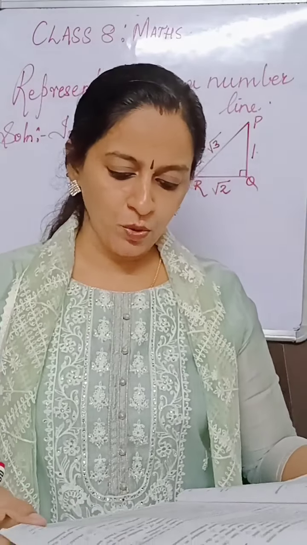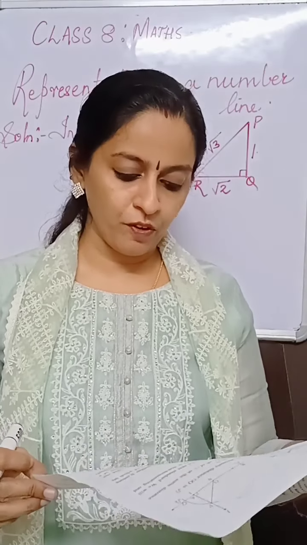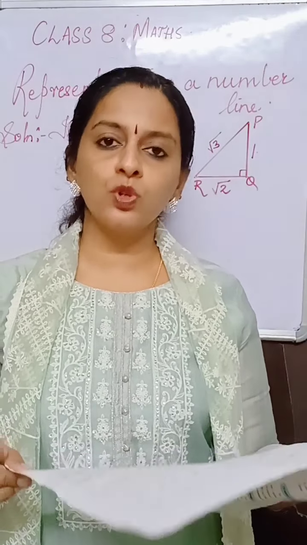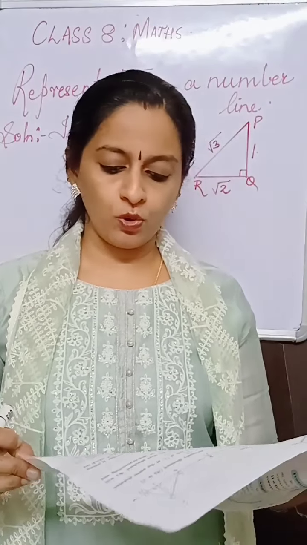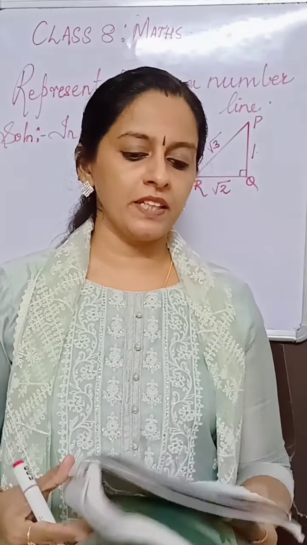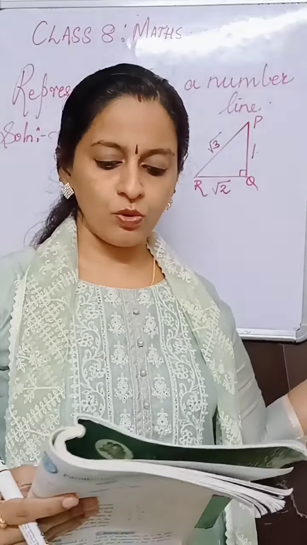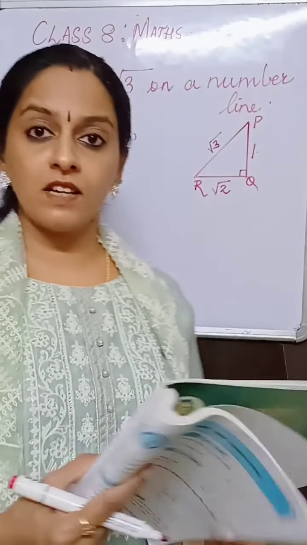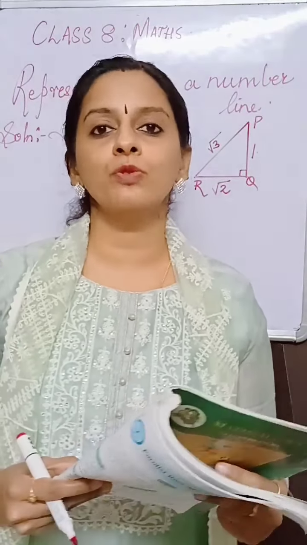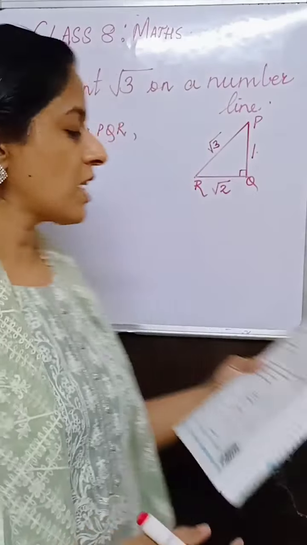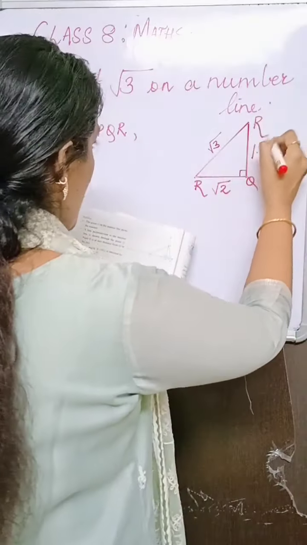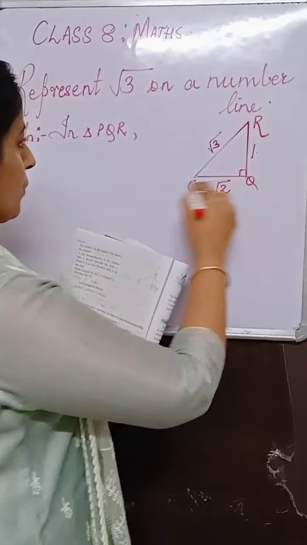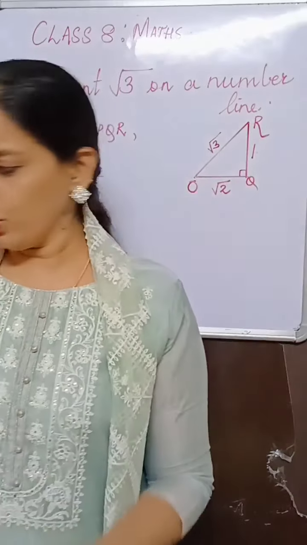on the same format you have the question in practice set 1.4, the first question. Root 2 is shown on a number line. Steps are given to show root 3 on number line using root 2. Fill in the box properly and complete the activity. Okay. So we are also doing your root 3. So same name of the triangle let us select so that our practice set will also be completed and we will learn how to represent root 3 on number line. So the same names I will take. I will change this as R, Q and here they have taken it as O. R, Q, O. Fine?